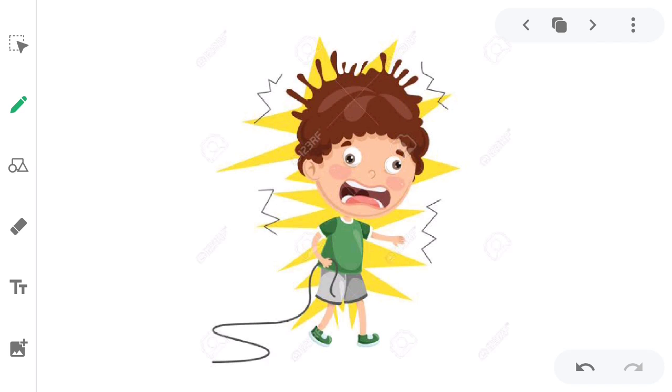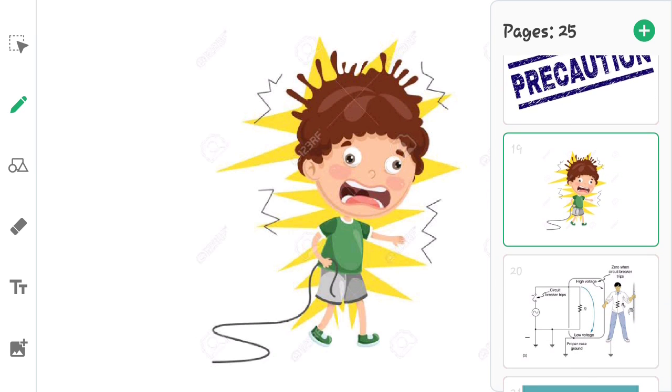Then, if the person touches the live wire, अगर कोई इंसान लाइव वायर को टच कर देता है तो उसे हम लोगों को किसी इंसुलेटेड चीज़ से सपोर्ट देना चाहिए, जैसे कि कोई लकड़ी या तो फिर रबर या फिर प्लास्टिक। ठीक है। हम लोगों को डायरेक्टली उस आदमी को नहीं पकड़ना चाहिए, उसे किसी चीज़ के थ्रू उस वायर के कनेक्शन से हटाना चाहिए। ठीक है, ताकि करंट का फ्लो वहाँ पर रुक सके। जितने भी घर में स्विचेज यूज की जा रहे हैं, जितने भी अप्लायंसेज आप यूज कर रहे हो वो सारे अप्लायंसेज स्विचेज के साथ होने चाहिए। ठीक है।